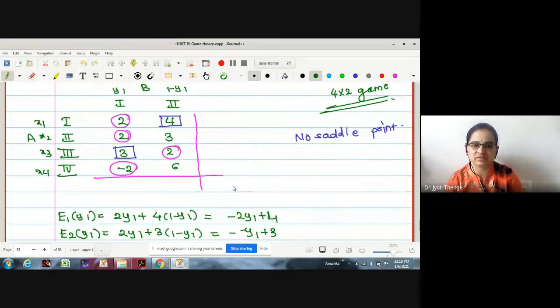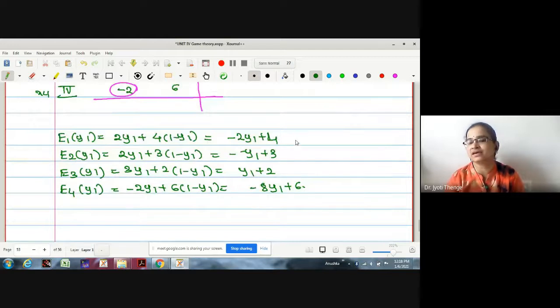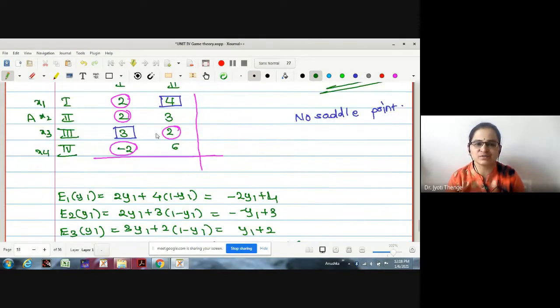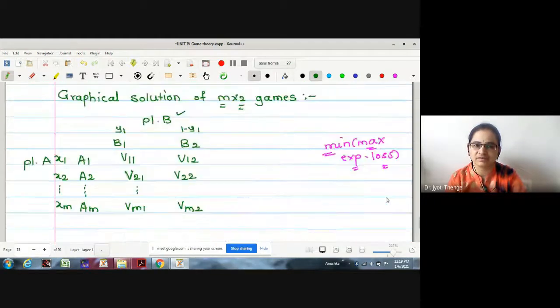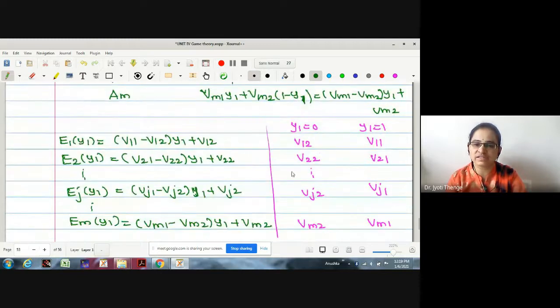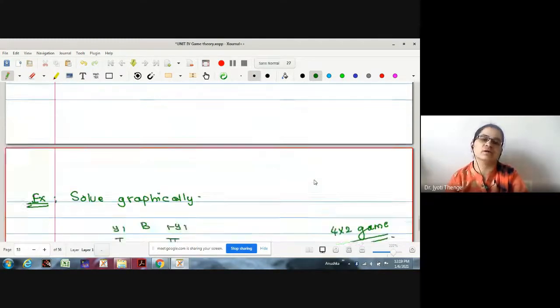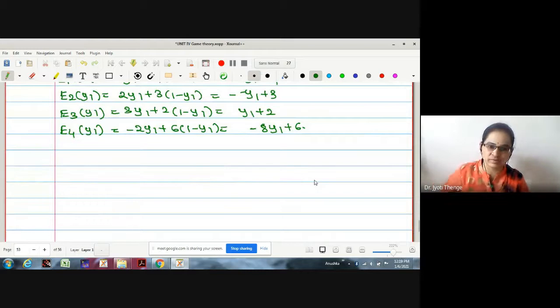These are the expectation lines. Practically thinking, if I want to draw the points on the graph, these lines we are not using directly. I can use these points because, as we have seen, on the second axis we have to plot first column elements, and on the first axis we have to plot the second column. But as it is a part of the procedure, I am writing all those expectations.